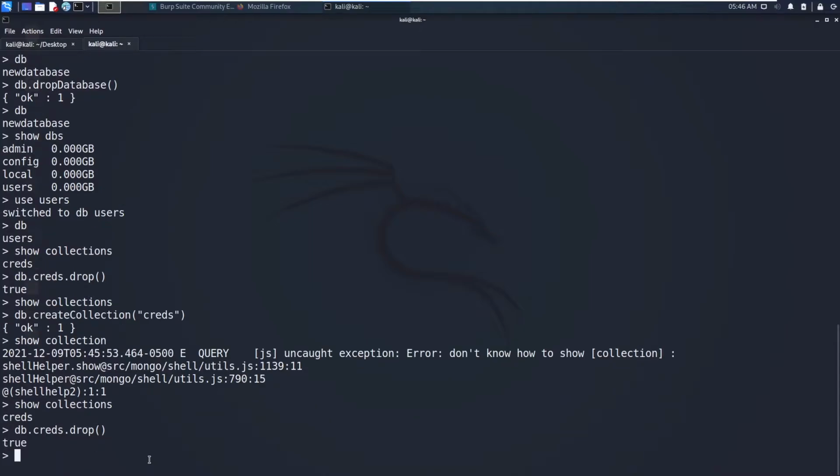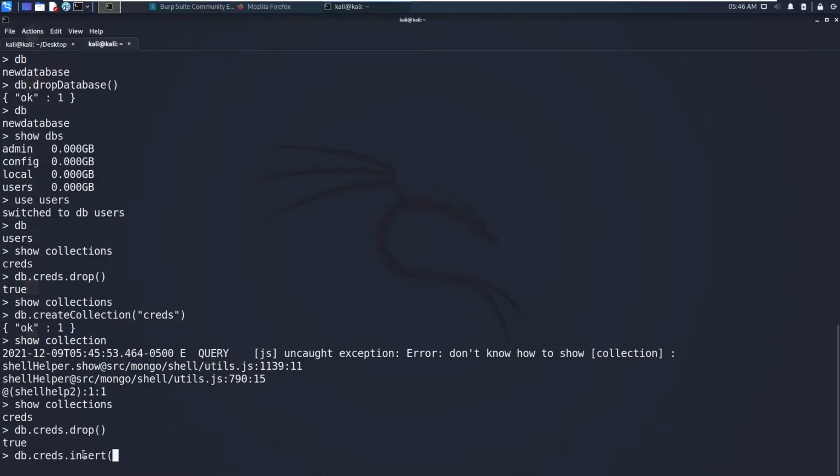You can also create collections on the fly. What you can do is say db.creds. You can also insert documents directly into this collection. Even though this collection does not exist, MongoDB will create it for you on the fly. On the fly means dynamically. So db.creds.insert. There are three types: insert, insertOne, insertMany. We'll be discussing these as well.